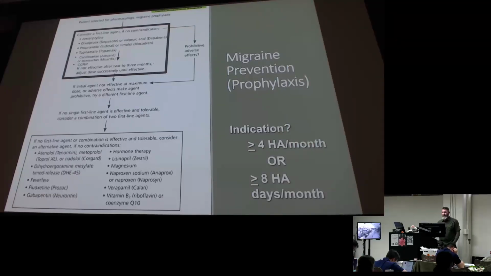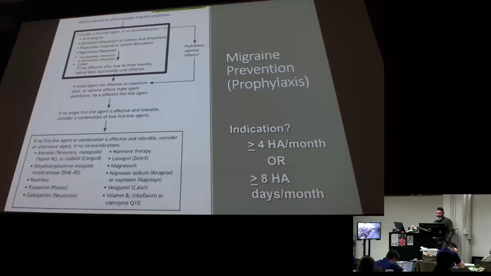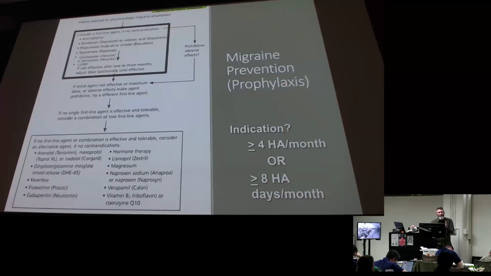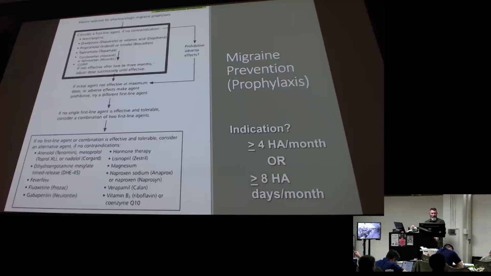CGRPs, as I mentioned, show up as a potential for prophylaxis. For all of these medications, whichever you choose for migraine prevention or prophylaxis, usually you're going to base that on their comorbidities, right? If I have a patient with migraines that they're having over that threshold of 4 a month or 8 headache days a month, but do they also have hypertension? Then maybe I'll use something in that box that's better for hypertension. Or do they also have comorbidity of depression? Then maybe I use an antidepressant from that list.